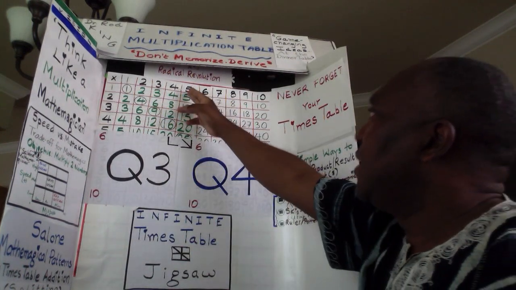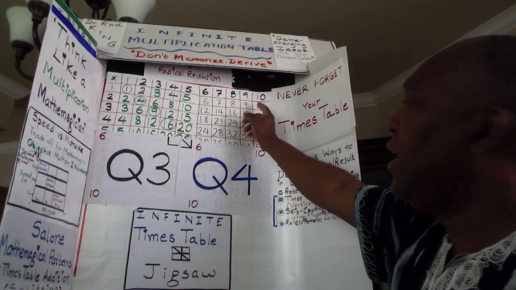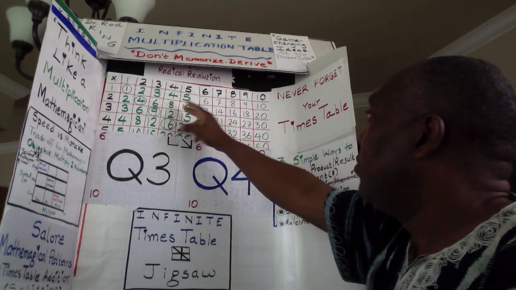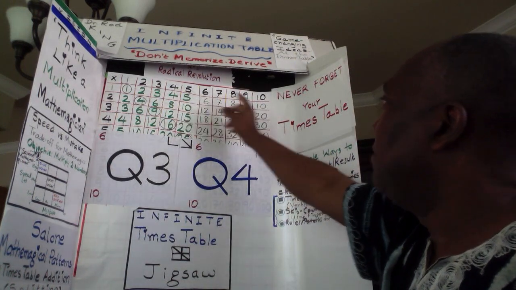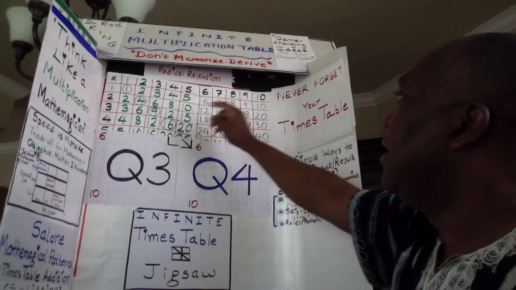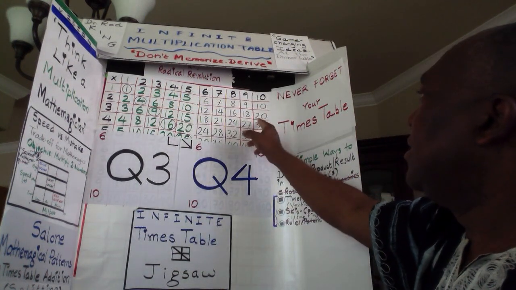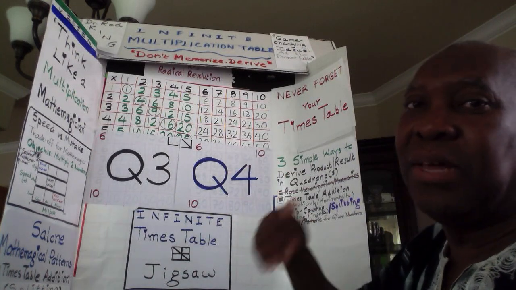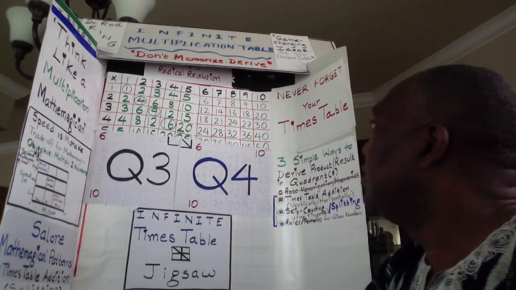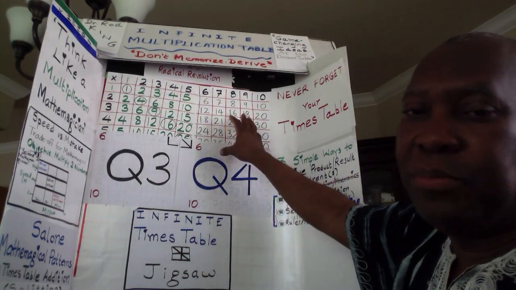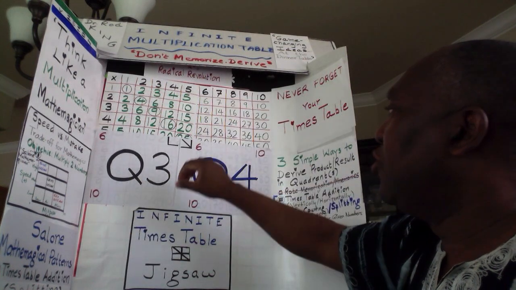For 9 times table, it's the same thing. And 10 times table, although you can use the same thing, you can either say it's 2 times 5 times table, or for any number that you are multiplying with, you can simply add a 0. So if you're multiplying by 1, you add a 0 there, 10. If you're multiplying by 2, you add a 0, it's 20. 3 times 10 is 30, so you can do that up to any number that you want. So that's how you will be able to derive quadrant 2.